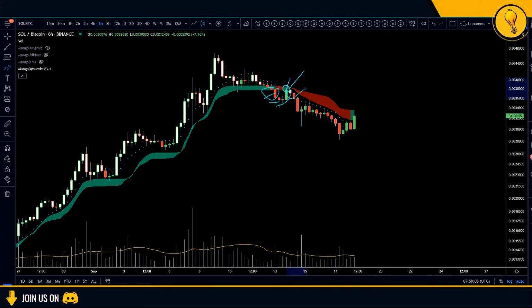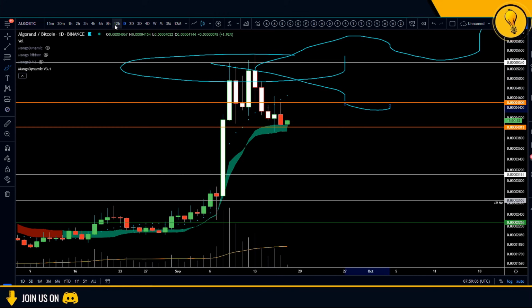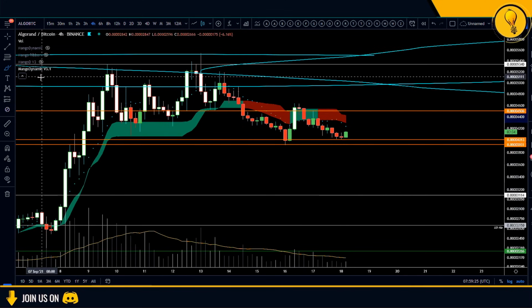Similar story with Algo. When Algo had that bounce, and we had this conversation, I believe it was with Samson on the Grove, the chat, he mentioned the bounce, and he tagged me because he knew I was in the Algo trade, and I said I'm selling into this bounce because I was following my rules. When I got that bounce on the Algo BTC chart, I believe we can see it on the 4-hour time frame better, right over there.